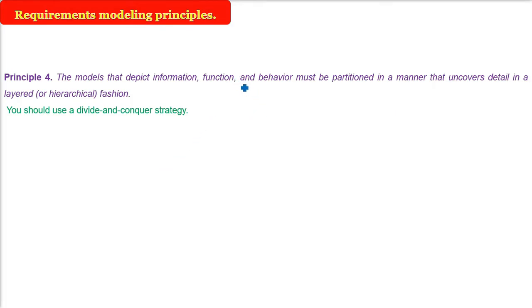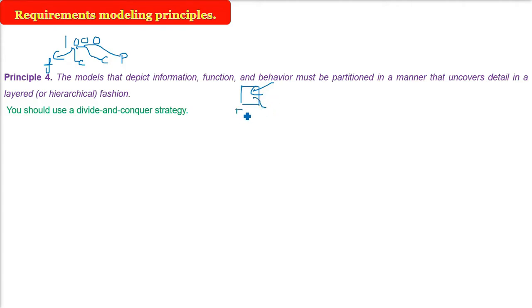The way is to use divide and conquer. So for example, an organization is there, 1000 people are there. So you will make a committee, a food committee, a cultural committee, a cleaning committee, then the procurement committee, the security department, like this. So you are making departments or committees. So in requirement modeling, you have to present everything in the form of layers, and that also in the hierarchical form. This may be the highest function or highest view.